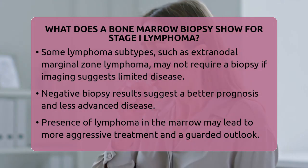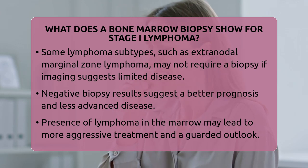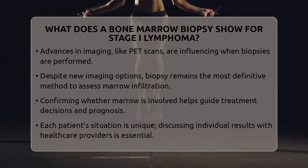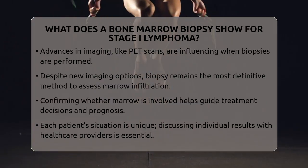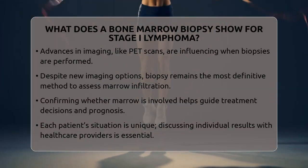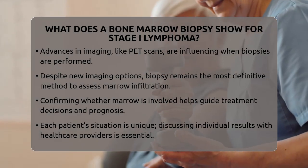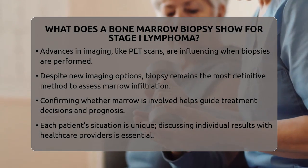might be more guarded. Today, with advances in imaging technology like PET scans, some doctors are reevaluating when a biopsy is needed. PET scans can sometimes detect marrow involvement non-invasively, but the biopsy remains the most definitive way to assess